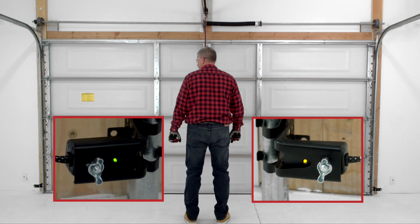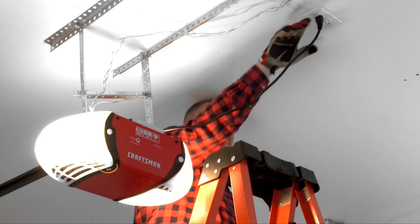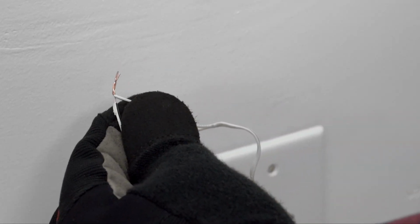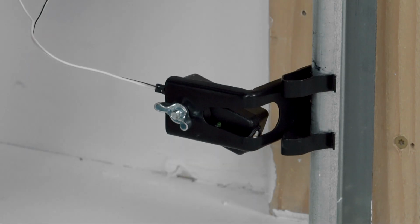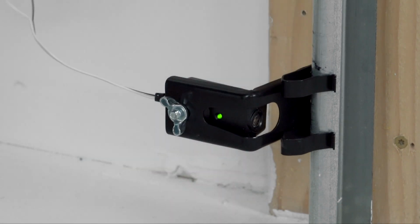If the sending sensor amber LED is off, make sure of the following. The garage door opener has power. The wire from the sensor is not broken or shorted. The wires are wired to the correct terminals on the opener. If the receiving sensor green LED is flickering or off, loosen the wing nut and adjust the sensor position until